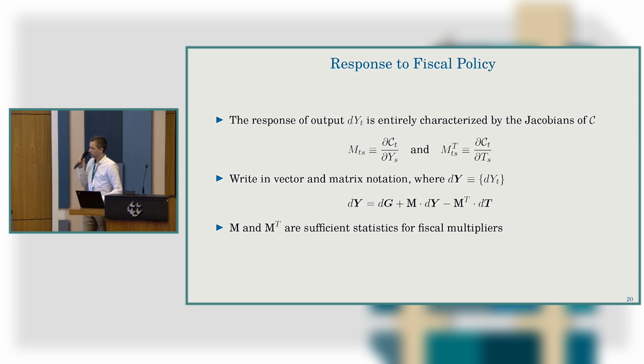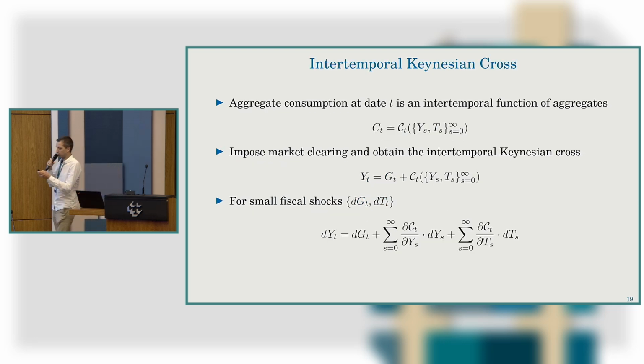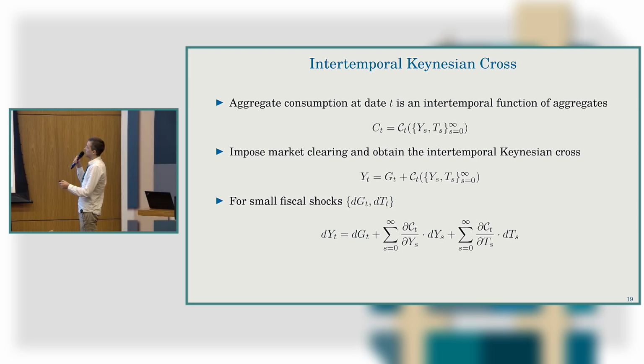So in this model, the cool thing about HANK is that it generates, remember your IS-LM models where you have the static Keynesian cross, where consumption is a function of income and transfers, after-tax income. Here, HANK does the same thing, but it's intertemporal. Consumption today depends on future income because households are forward-looking to some extent, and also on past income because past savings influence consumption.